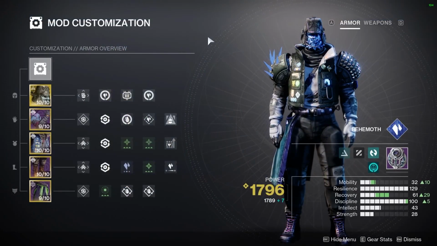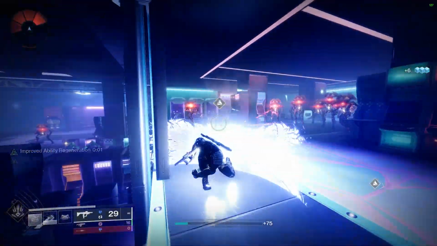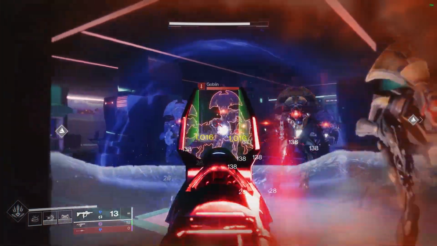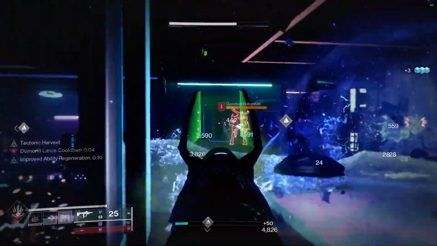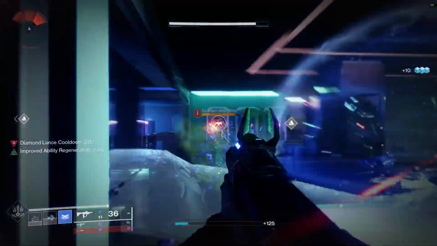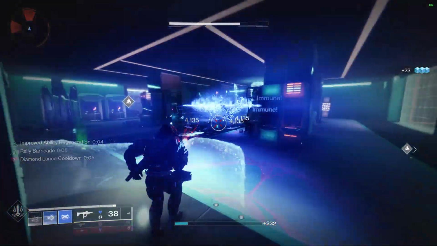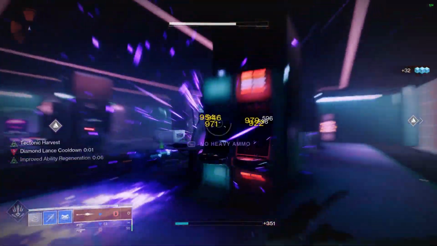Now, when it comes to the gear of this setup, obviously Cadmus Ridge Lancecap. Diamond Lance creates Stasis crystals on impact when thrown, and with more crystals being created from bosses and vehicles. I actually really like that part just for the fact we're able to get more shatter damage. But while using Stasis subclass and behind your rally barricade, rapid precision hits and combatant final blows with a Stasis weapon creates a Diamond Lance